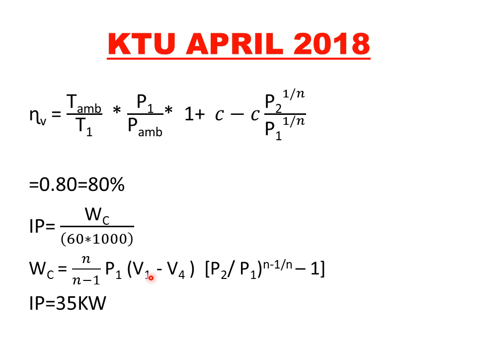Note the volume unit. If it is in meter cube, then the procedure will be different. That I will explain in the next problem. Since it is given in meter cube per minute, I need to convert it to meter cube per second. So I divide by 60 and by 1000, so that I will get the value of indicated power in kilowatt. So this question is clear. In this question, you are asked to find out three things: the free air delivered, the volumetric efficiency, and finally the indicated power.